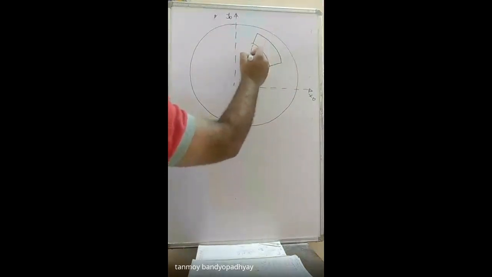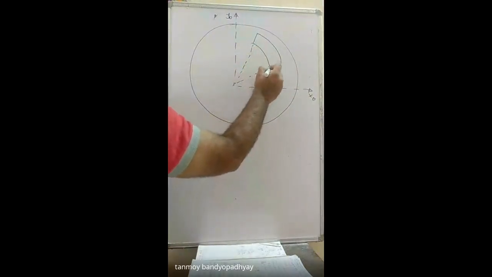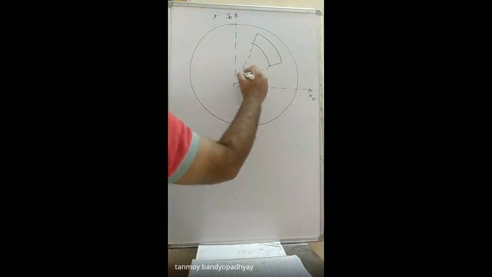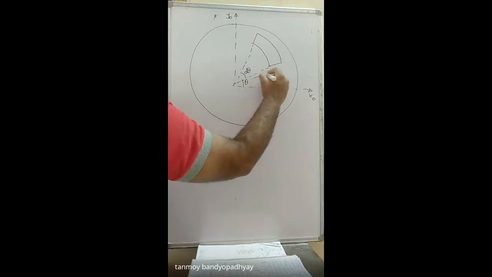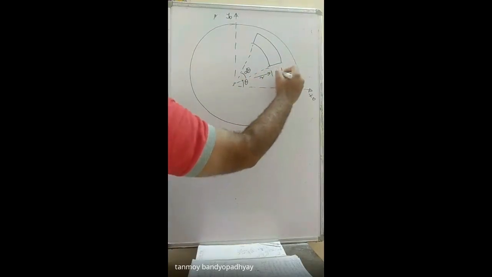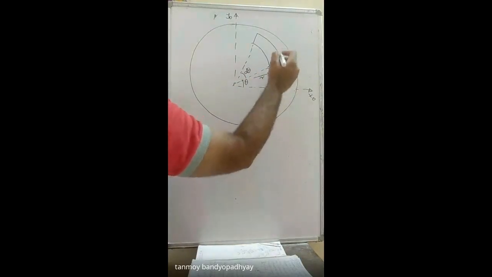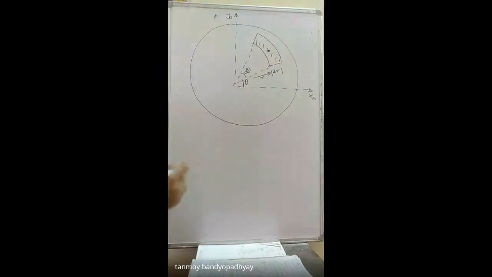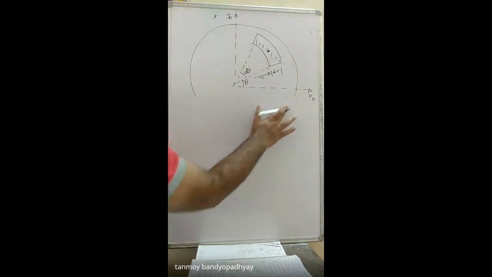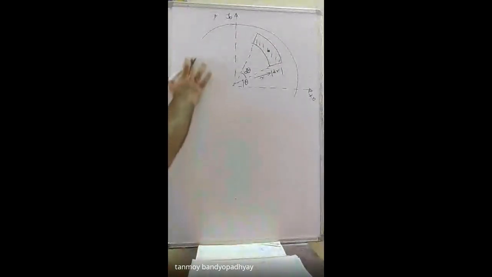This is a generalized method. You can use it for semicircle, quarter circle, whatever is the shape of the object. So this distance is small r, this thickness is dr, and we don't need this one, so I'm just eliminating this portion. ঠিক আছে? So I hope you can understand.